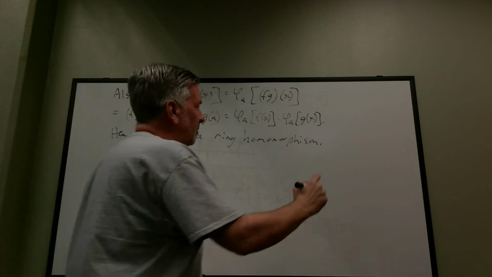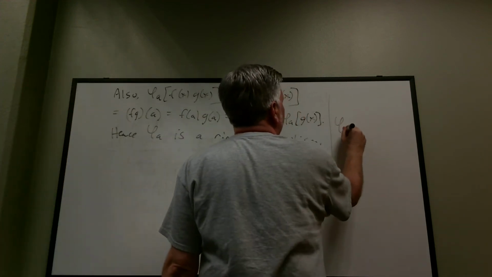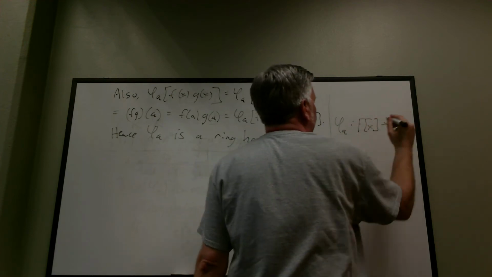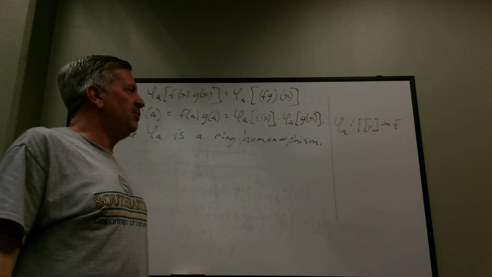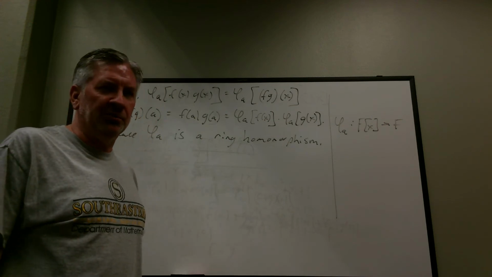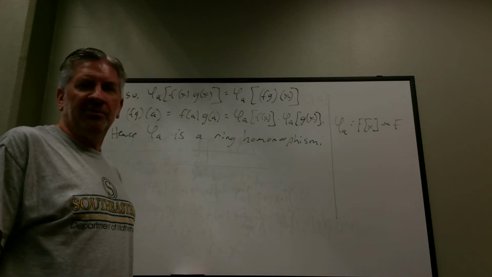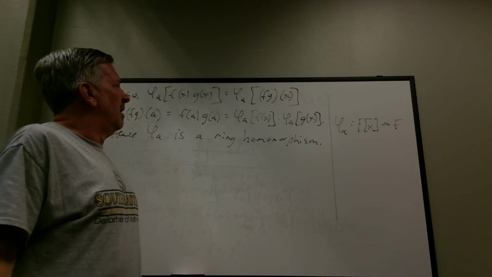Right? Now, let me write again what we have here. Phi sub A is mapping f of x to f of A. Okay, so what's my thinking here? How do you show a function is onto? This has nothing to do with ring theory. This is just going back to when you had your first discrete math course. So what do